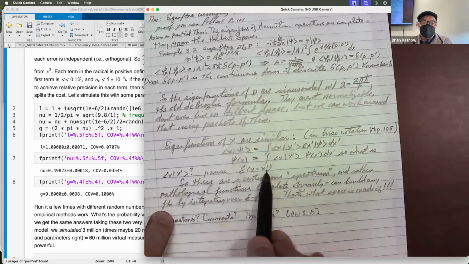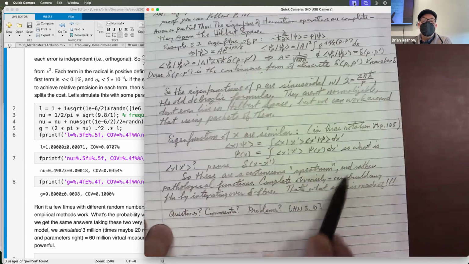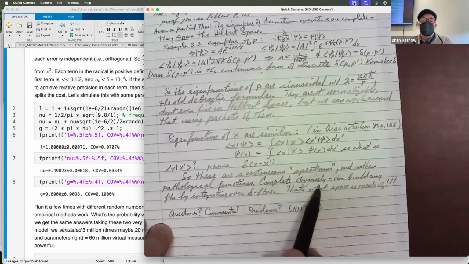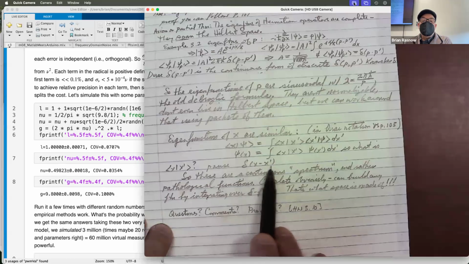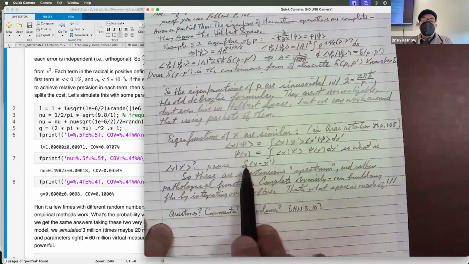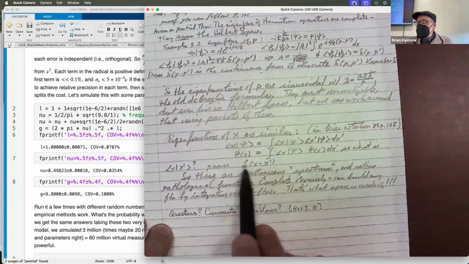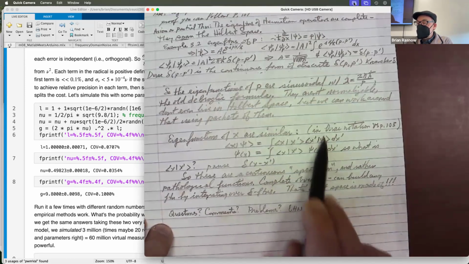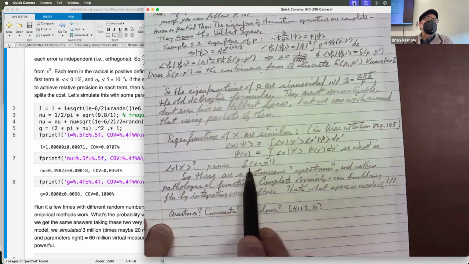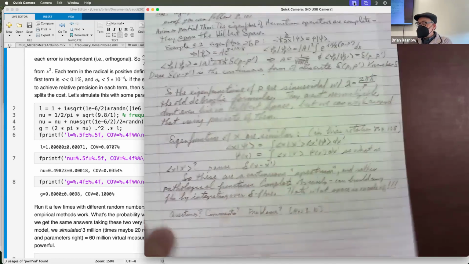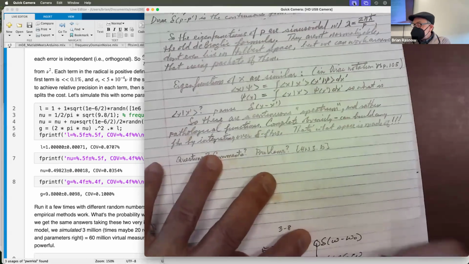And what is that delta function? So these are continuous spectrum and rather pathological functions. And it's sort of obvious. What do I mean by obvious? That you can build any function from delta(x minus x'). If you want to know what's the value of f at x', well, that's going to be the coefficient times a delta function, so you're sort of specifying, here is some function,